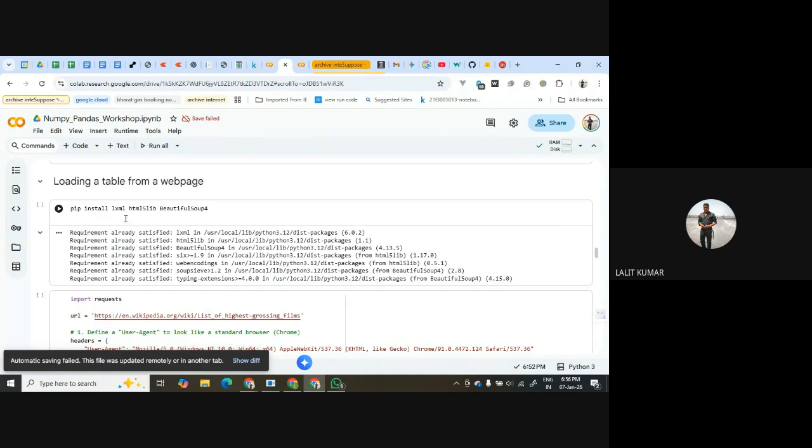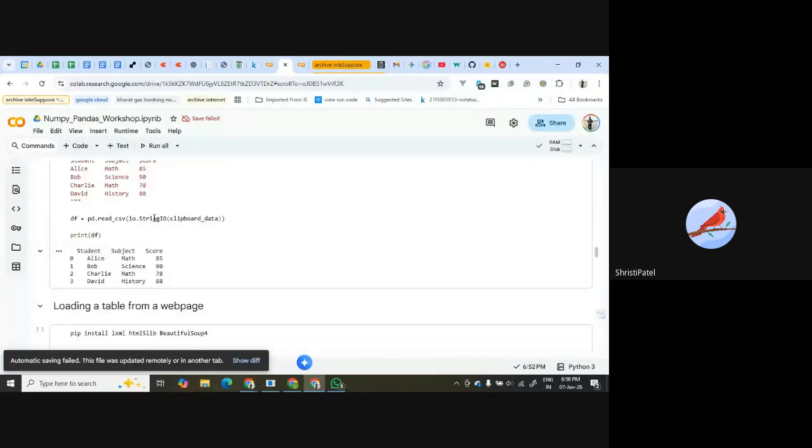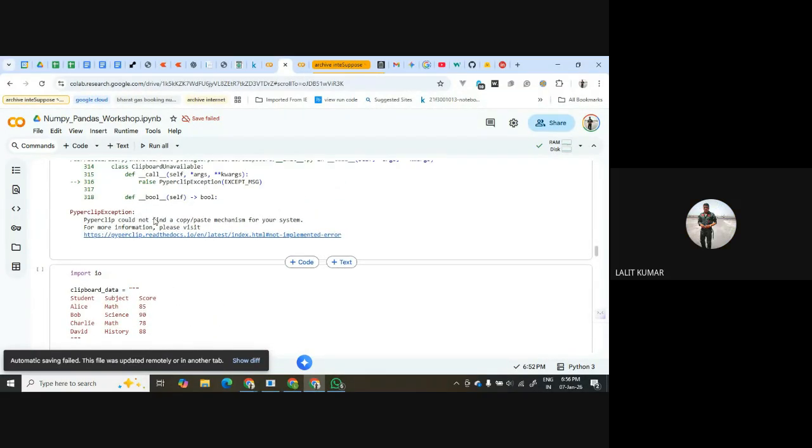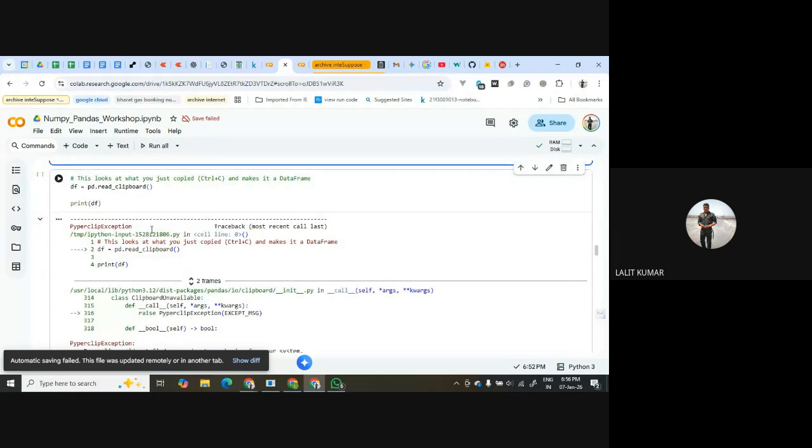You're not audible. Can you come again, please? Sir, this StringIO command in the upper part, can you please scroll down? io.StringIO, you try this. Basically, you take a screenshot, you are taking a clipboard, so using this you can change your clipboard or screenshot into a data frame. In the data science domain, it is never used.